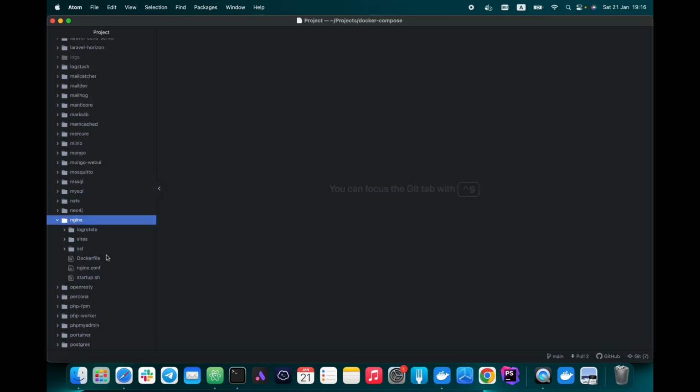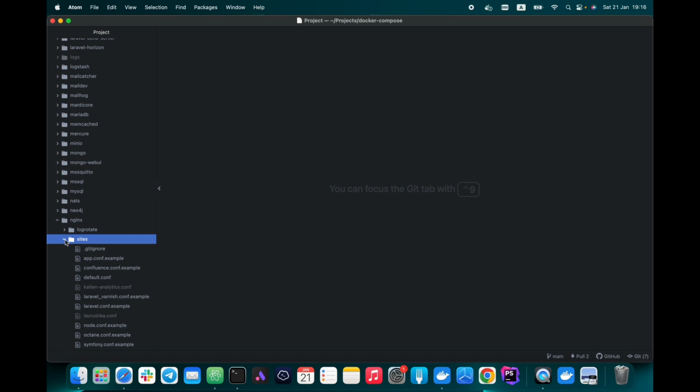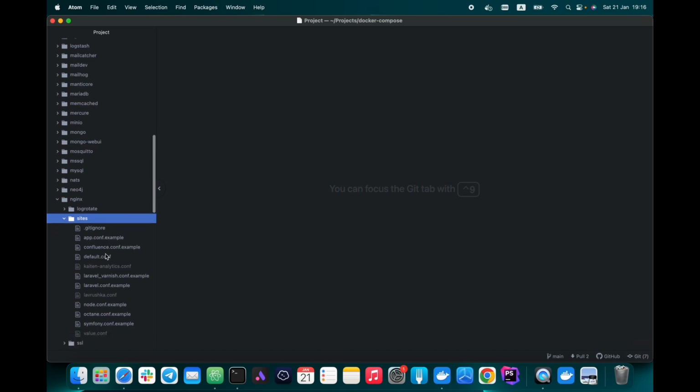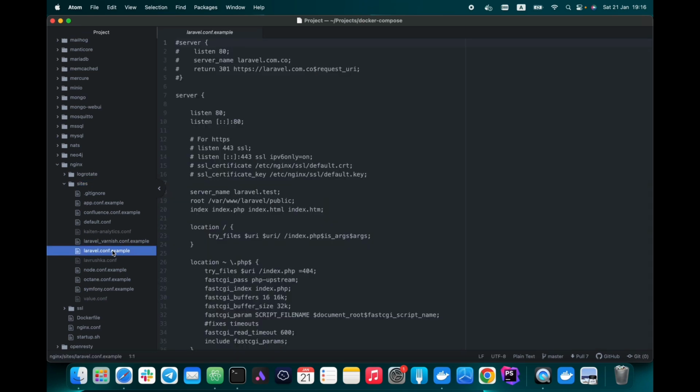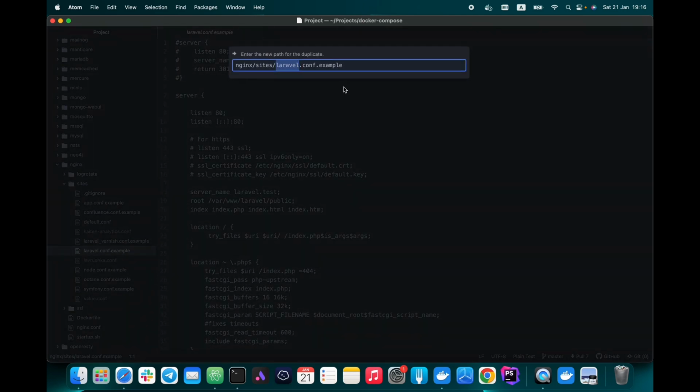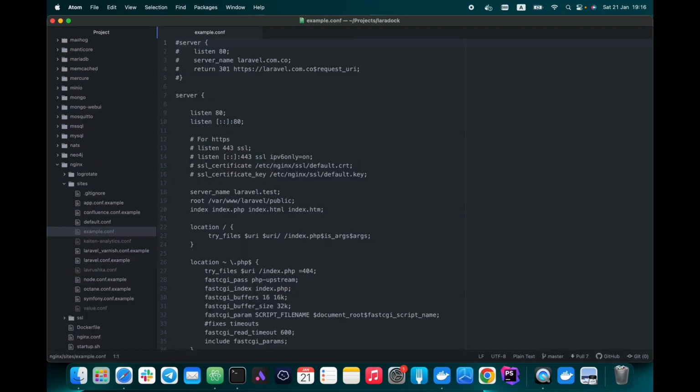Then go to the sites directory and copy laravel.conf.example to example.conf. Then let's make a few changes.